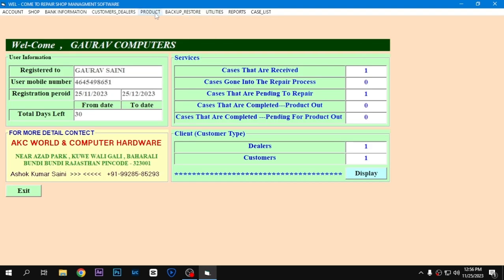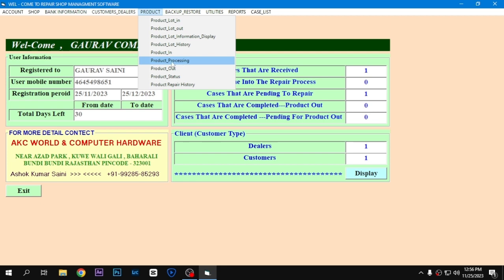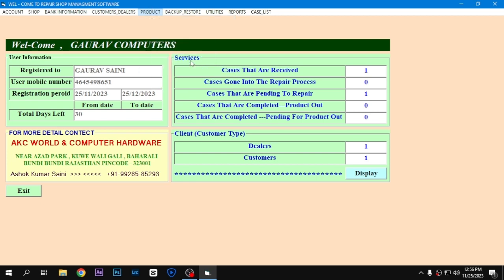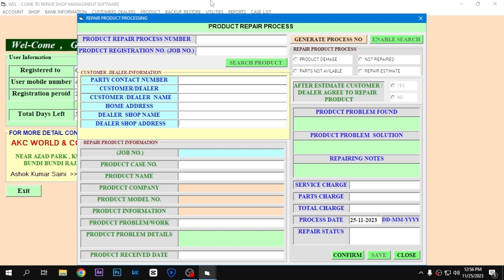Now let's see how to process the product. Click on product and click on product processing. After this a window will appear. In this you can click on generate process number. As you can see, the process number is generated as 1, as this is the first process we are doing. After this a new checkbox will be unlocked that asks you to enter the job number. We already know the product job number is 1, so we enter 1 and click on search product. All the information of the product will show here,